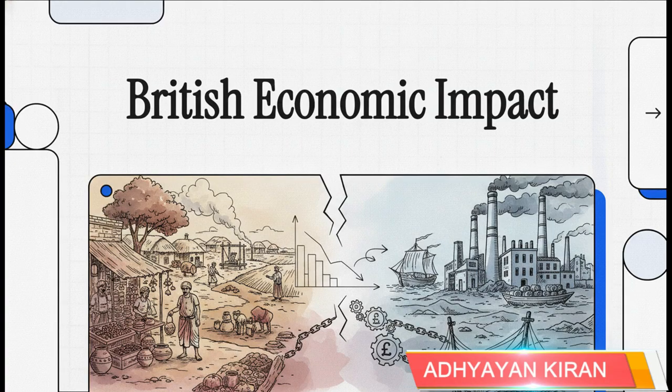We're looking at the economic impact of British rule in India. Over the course of nearly 2 centuries, the Indian economy underwent this massive shift. It went from being a self-sufficient global powerhouse to essentially a colonial economy that was designed from the ground up to serve British interests. So we're going to rely on detailed historical sources to break down exactly how this happened,